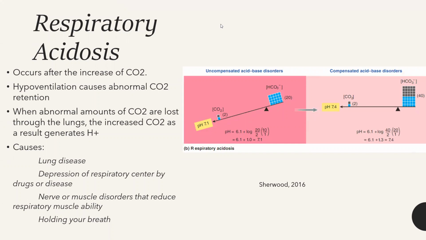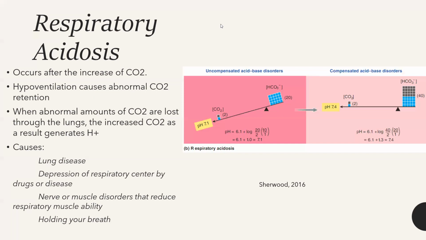This could be from drugs or disease. And then we also have nerve or muscle disorders that reduce respiratory muscle ability, so the ability for our lungs to function properly to expel carbon dioxide and intake oxygen. And then it can be caused by something as simple as holding your breath. So really what we're looking at is the retention of carbon dioxide, which causes a buildup of carbon dioxide, and then causes other